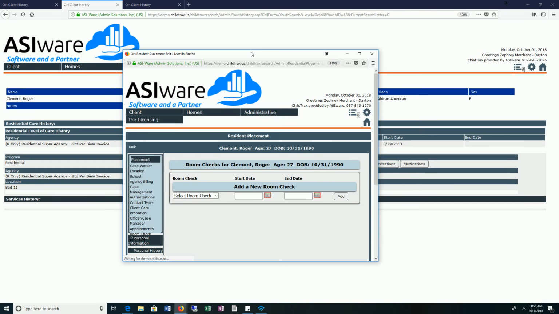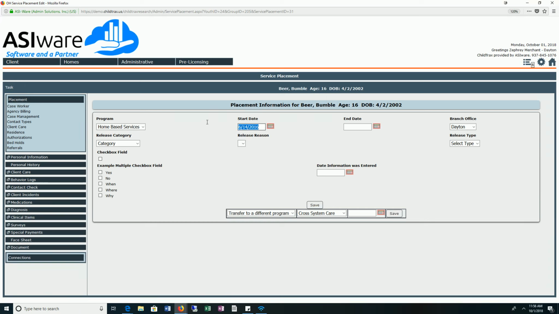The next program we're going to go over is a services client. What you'll see is home-based services for this client, and that is Bumblebee. We see a placement date of 6/14/2016. Well, that placement date should have been 6/20. So we're going to go to placement information here. Again, just like residential, we're going to click the word placement first. We'll see the start date of 6/14 here, and we'll change that to 6/20